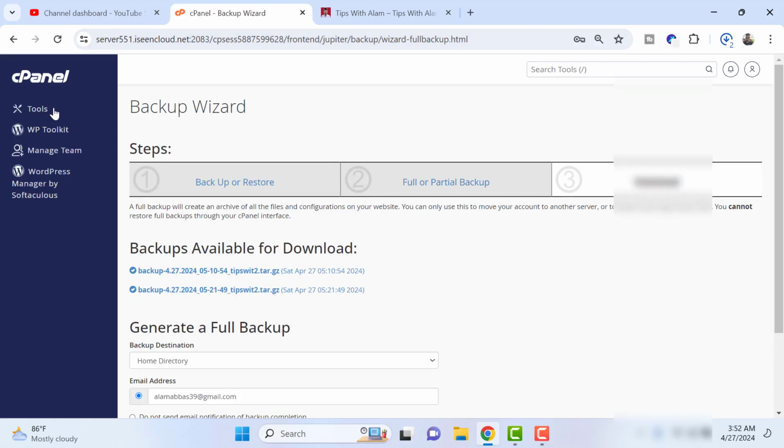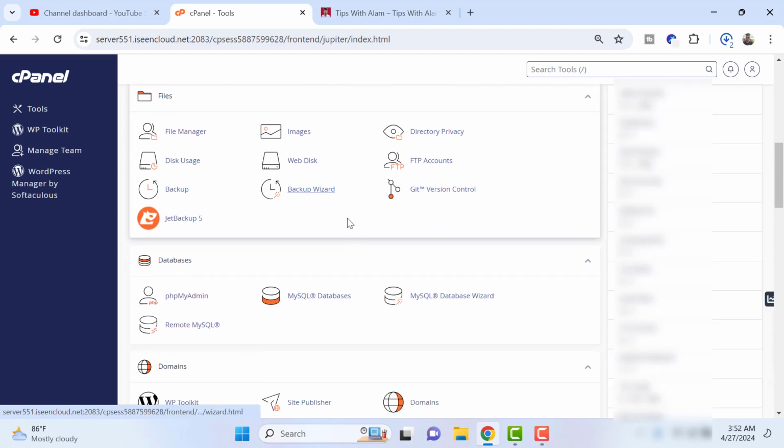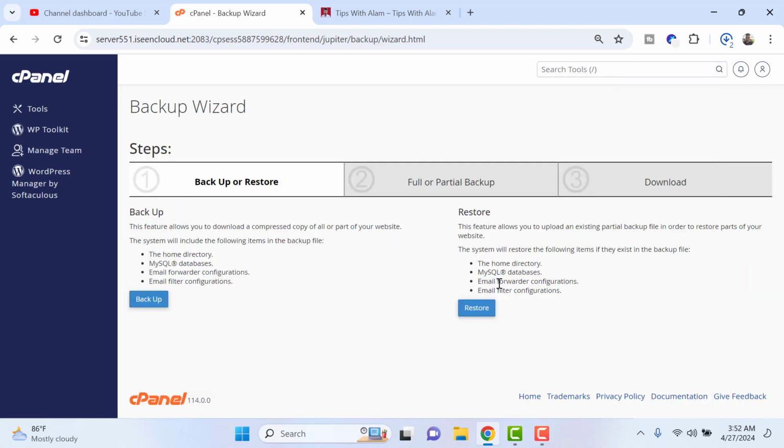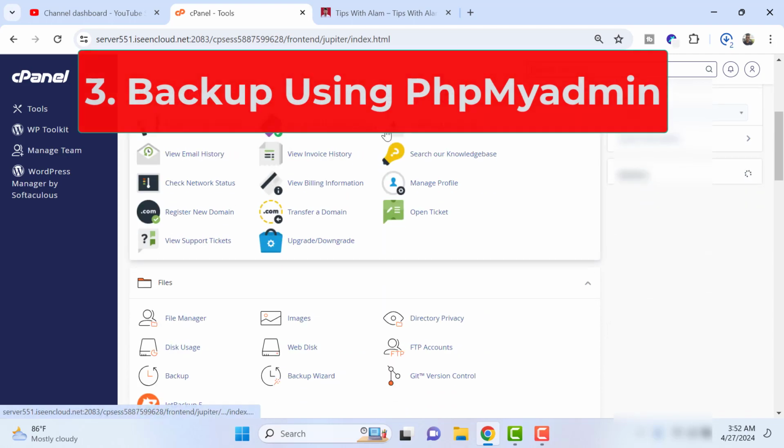Let me check. Yeah, you can come back anytime to your Cpanel, go over to your backup wizard, and from here you can just click on restore and select this file and restore it. So that's the second method. And the third method is using